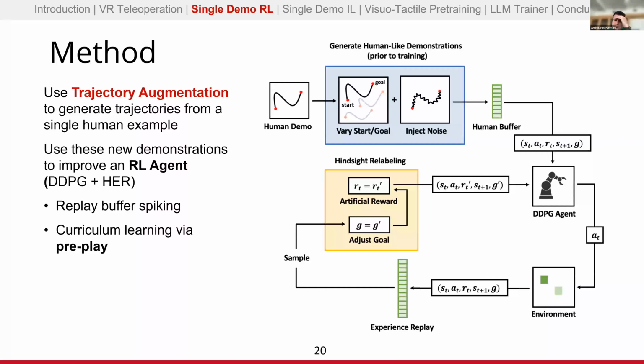And then also a big part of this is that for experimentation reasons, it's easier to not then have to go, well, for this task we had this success rate versus this task we had a different success rate. How much of the improvement is due to the higher success rate of the augmentation method? But if I was to redo this work for, hey, I just want to make a thing that works as well as possible, what I would probably do is dump all of the failed experience into the experience buffer, in addition to having a human buffer of successes, so I can make use of both sets of data.